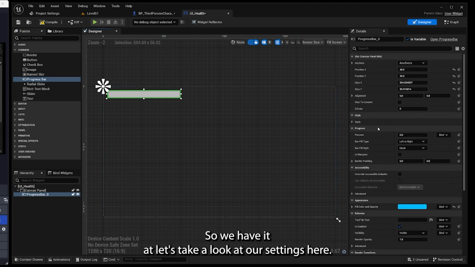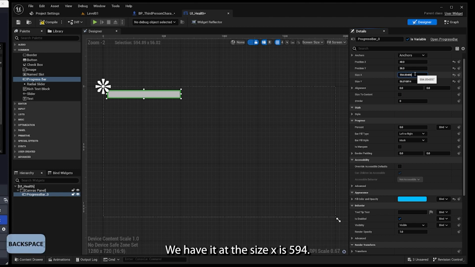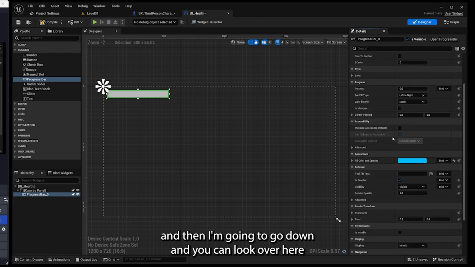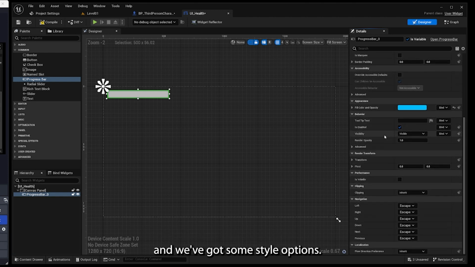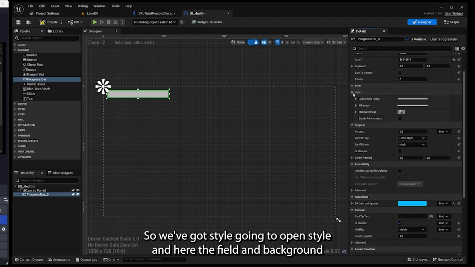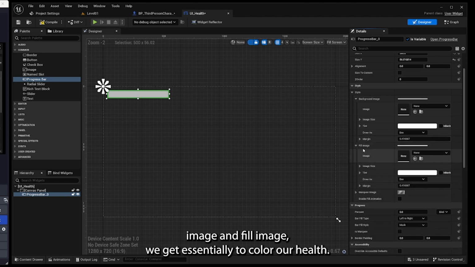Okay, and then we're going to style this. Let's take a look at our settings here. We have the size X at 594. I think I'm just going to set it to 500 so it's not super big. Then I'm going to go down, and you can look over here, we've got some style options. So we open style, and here if we open background image and fill image, we get